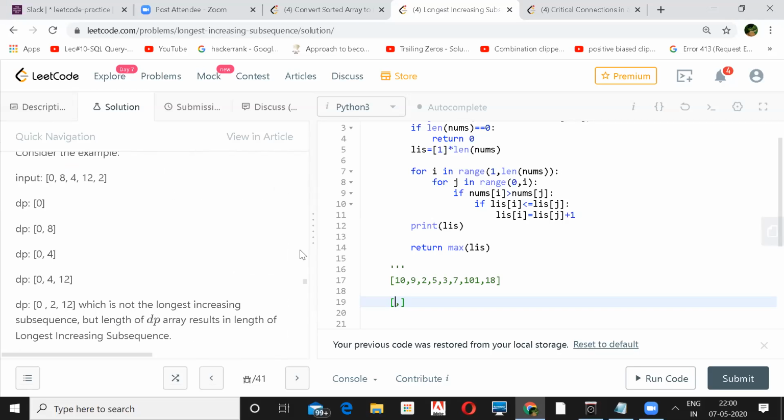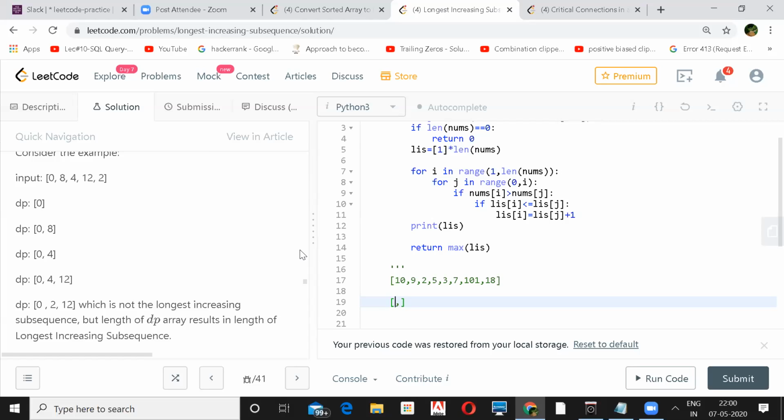First, it stores the value 0. And then when it comes to 8, it is greater than 0. So it stores 0 and 8. Okay. So when it comes to 4, that is the second index, it looks for 4 in this. So 4 will be lesser than this one. Okay. So then he will override with 4 over here.